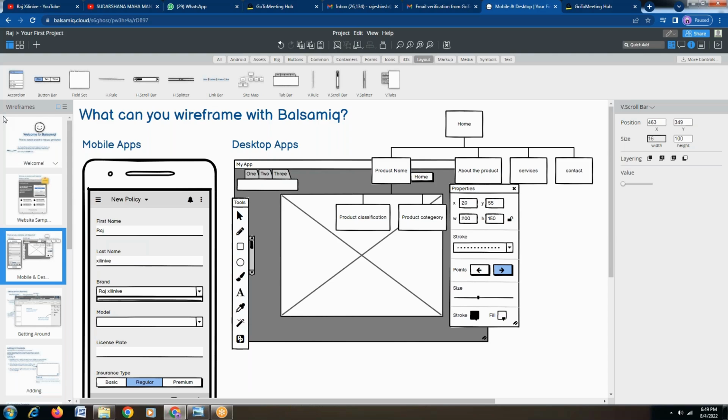So this doesn't require any kind of coding, but most of the people may have some perception: do we require to use any kind of coding or something like that? No, absolutely not required. You don't require any kind of coding. But there are a few prominent tools we use, like Balsamiq, at the same time Sketch, etc. Adobe tools, even nowadays we are using extensively. So these are the prominent tools which we are using.